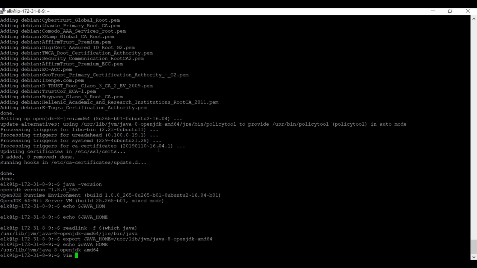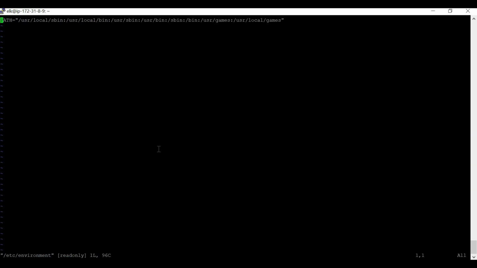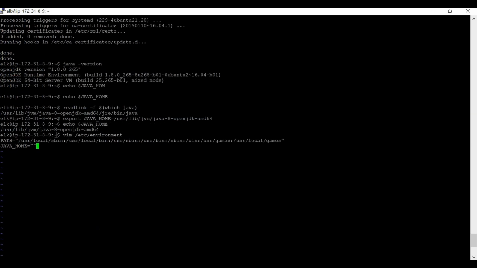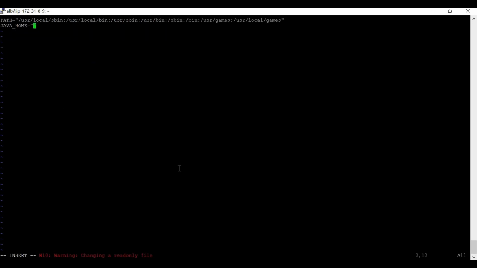So I'll add it over here. This is my file. This is my path. I'll add it at the bottom of it. So here I'll write JAVA_HOME equals, in double inverted commas, I'll copy my path till AMD64.